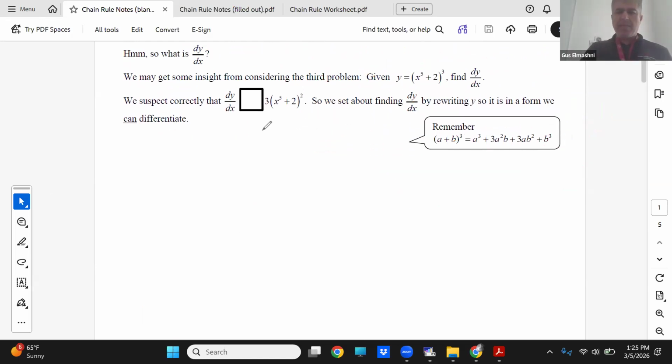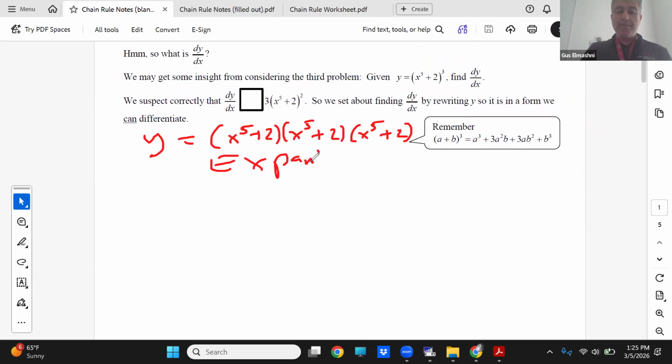So if I just expand it right now, y equals x to the fifth plus 2, x to the fifth plus 2, x to the fifth plus 2. So let's expand first. Now, if you expand, you can do a couple things. You can FOIL the first two and then multiply by the last expression. Or you could use